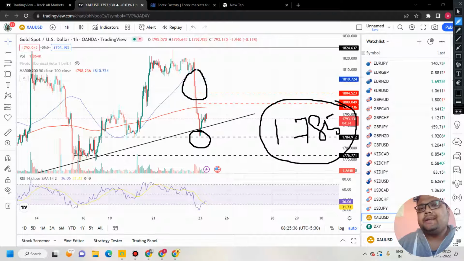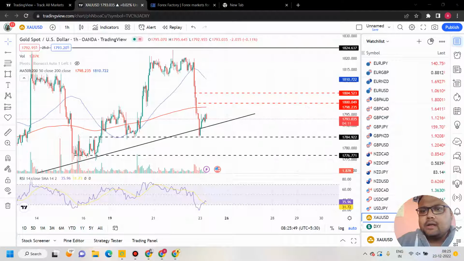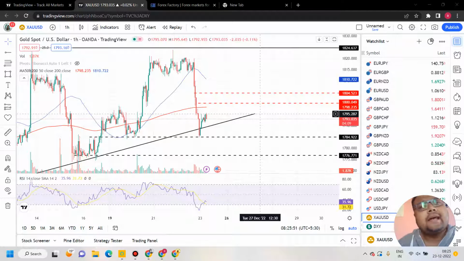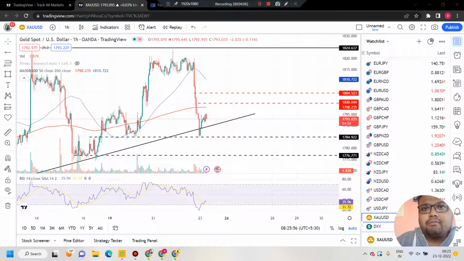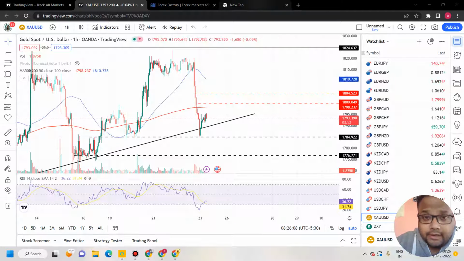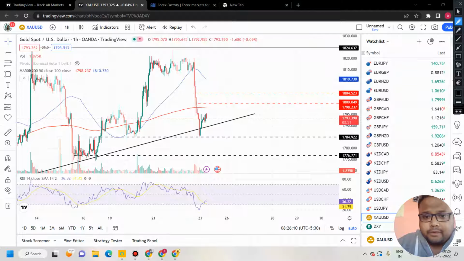But if the volatility is low as expected, you can expect the volatility to remain low. So if volatility remains low, then around the 1785 level we can expect the market to take support. If the market comes to the 1785 level with small candles, it means that the volume is less in the market, then there is a higher chance of the market going for a bounce. And you can consider taking a buy position because the market will be bouncing. If not a complete trend reversal, at least you can expect a profit of 40 pips.